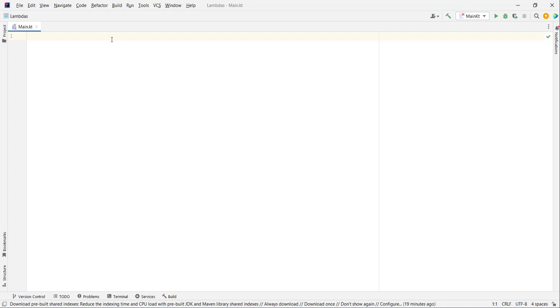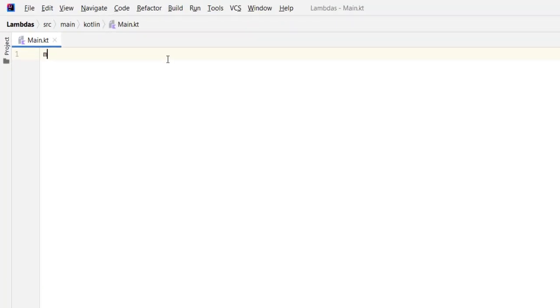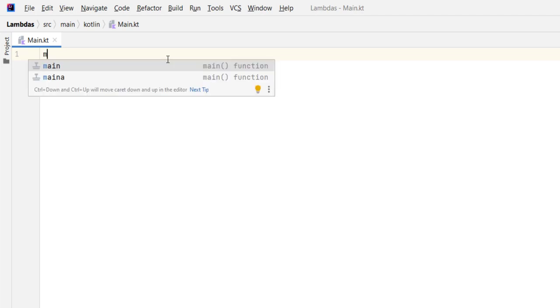And first I'm going to create a main function, because I deleted the main function here. And to create the main function, just type m, and IntelliJ is gonna give me some suggestions. You can choose main, the first one, or you can choose main a, and that is gonna be the main function with the args, the array of string. So I'm gonna choose the first one,